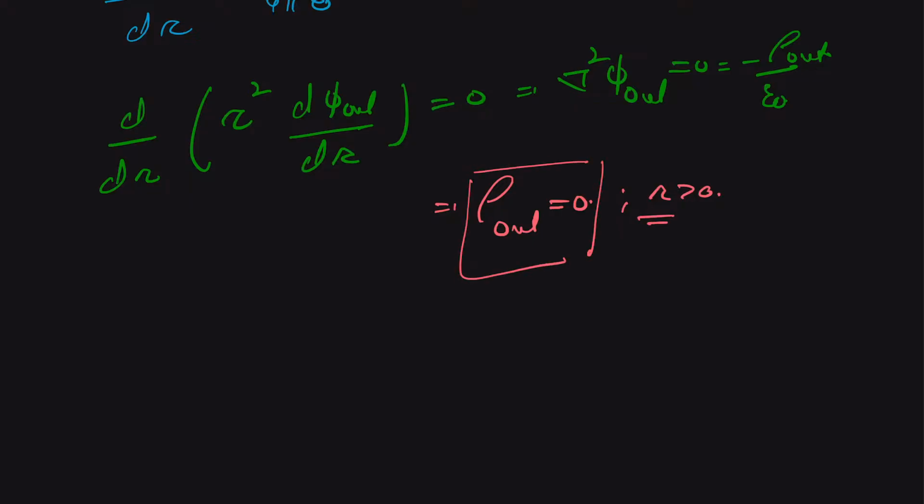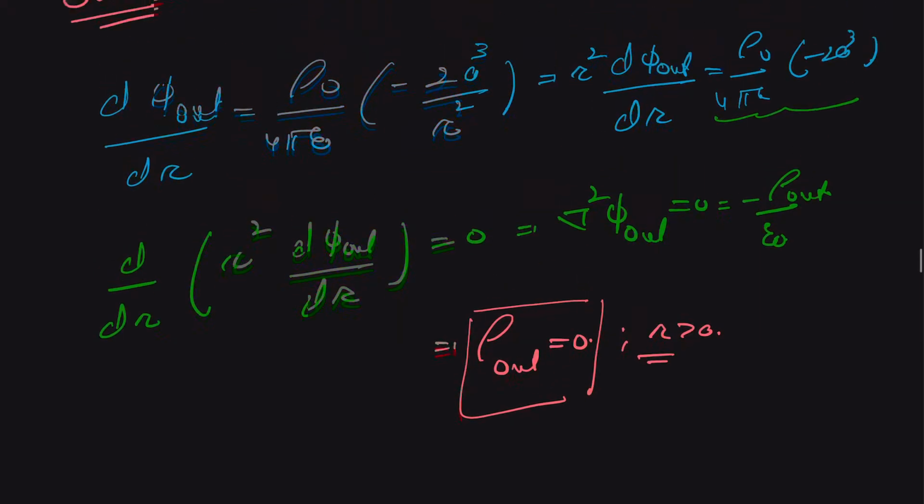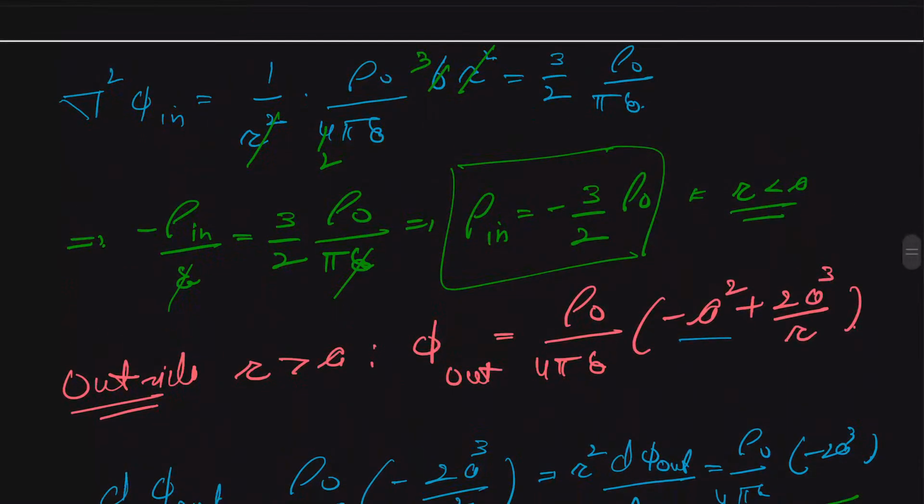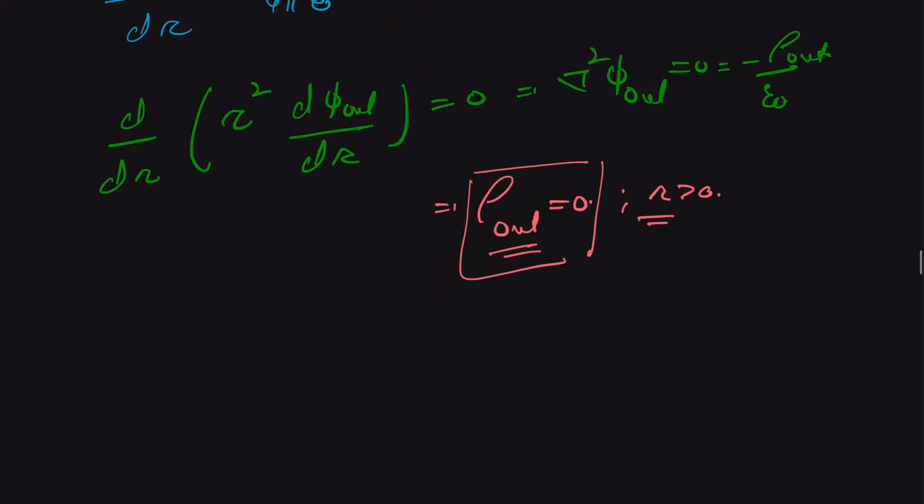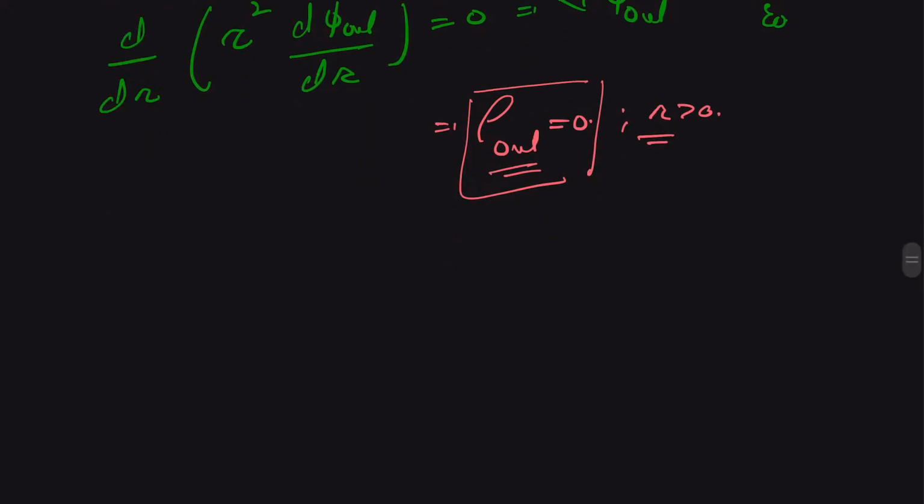So it means, and therefore we can say that there is a discontinuity because of this surface charge, okay, because when r is less than a, it has some value, which is minus 3 by 2 upon rho naught, multiplied by rho naught, and for r greater than a it comes equal to 0. Okay. So we can say from here that